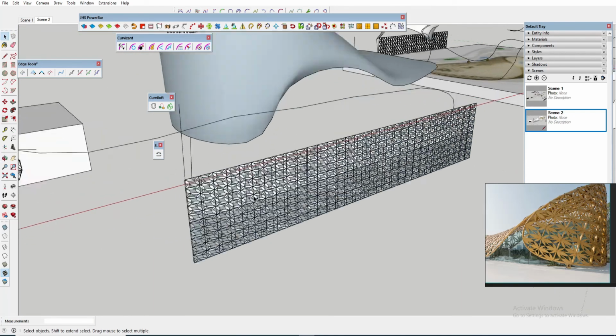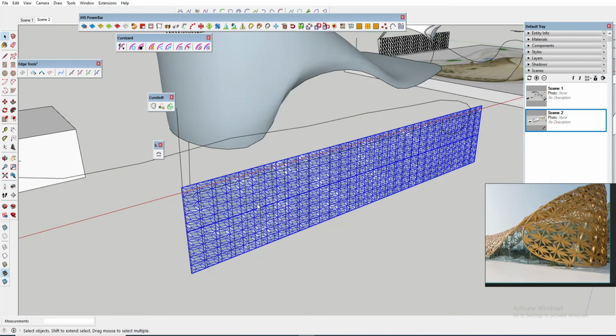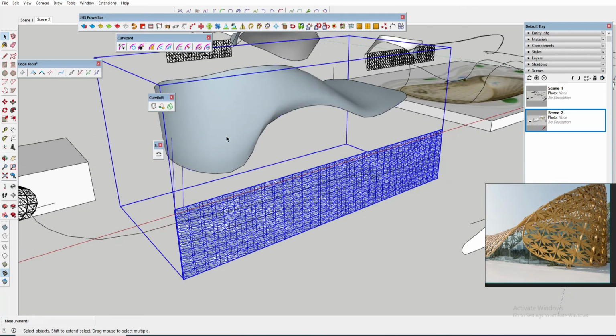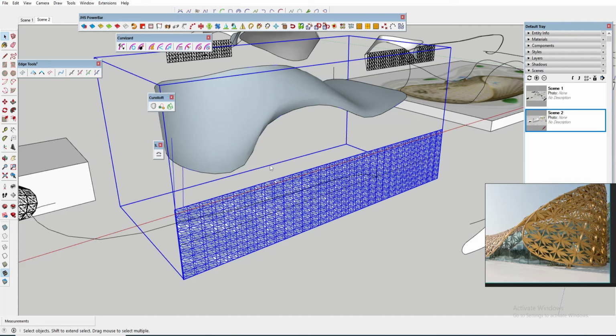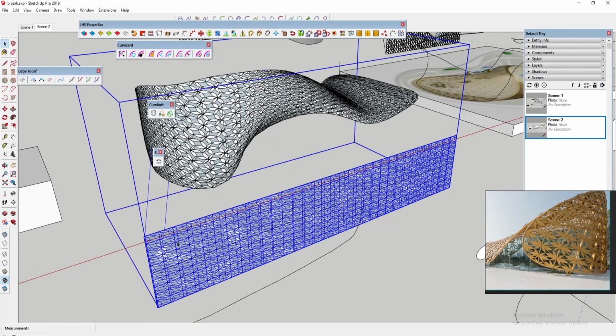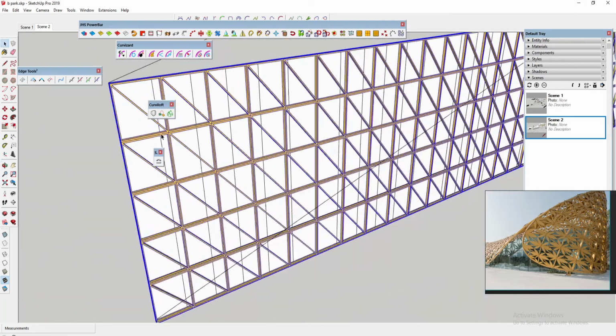So this whole set of components I'm exploding, I'm making as a separate group. Now I'm going to Flowify this pattern all along the surface. Now the geometry is placed along the surface. Now I am going to place the